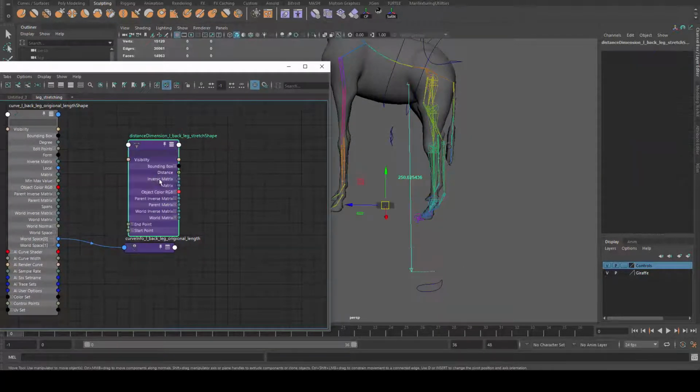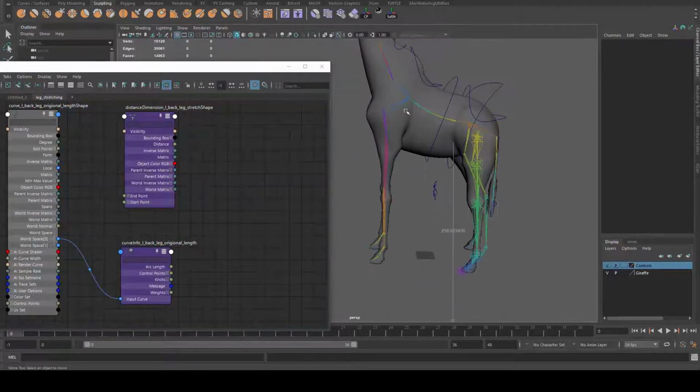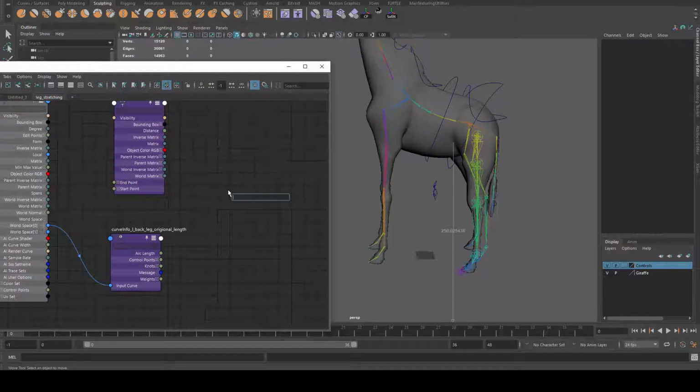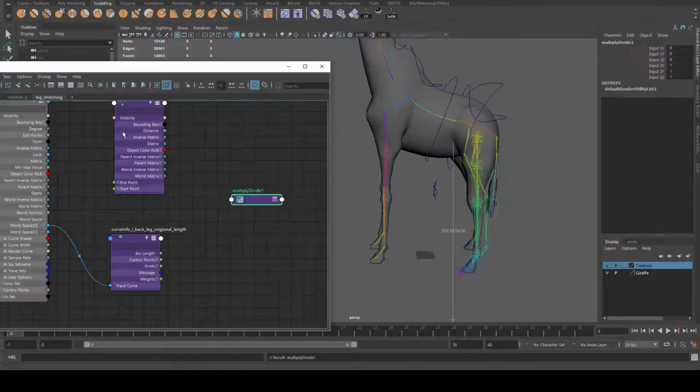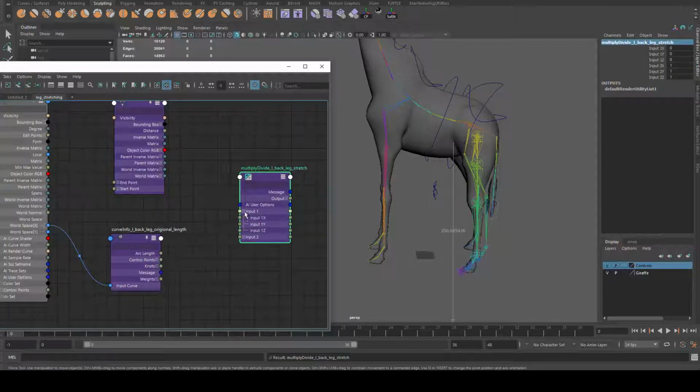So what I'm going to do here is use a multiply divide. It's just like stretching the spine now. I need to use multiply divide here. And let me rename this guy, multiply divide left back leg stretch. And the calculation will be we're dividing the distance here by the original arc length,